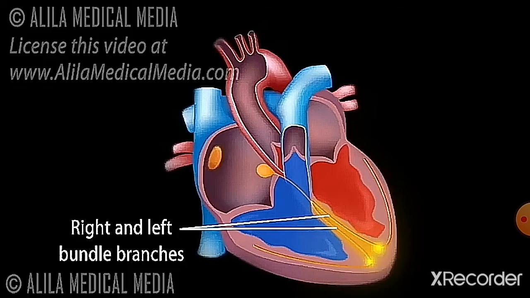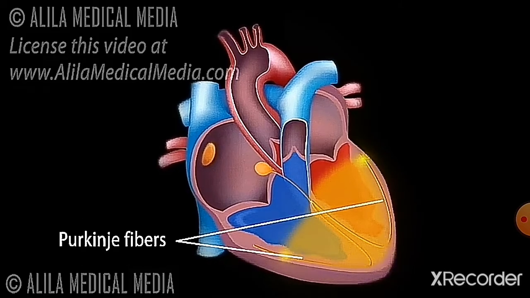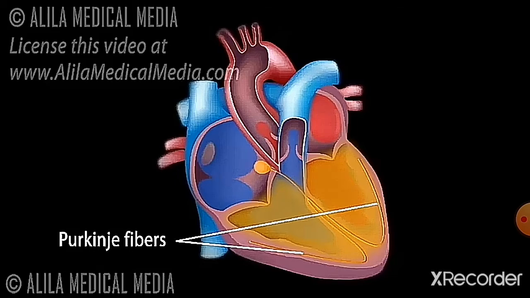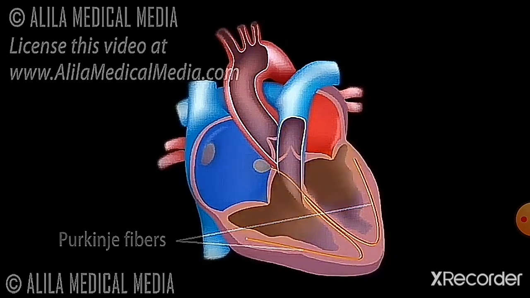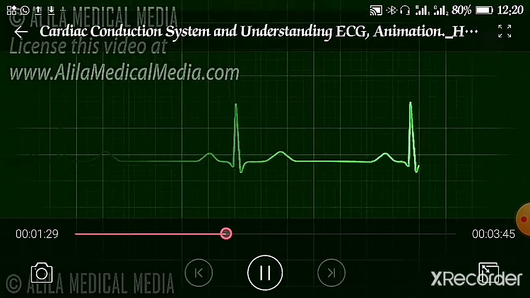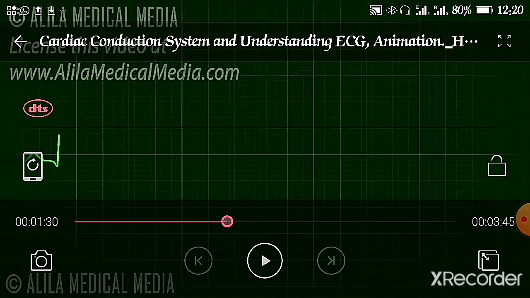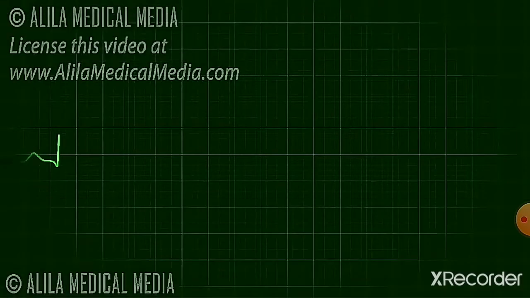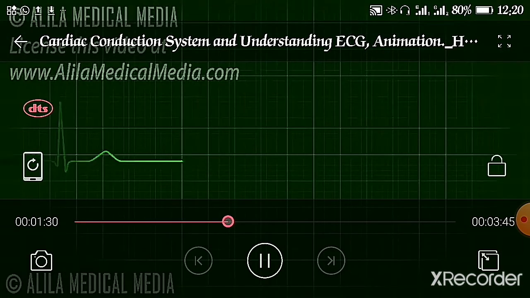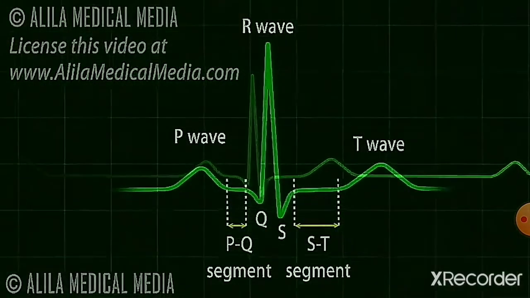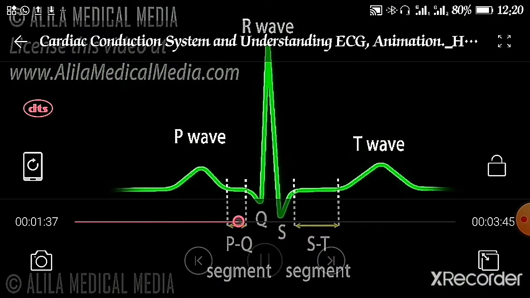So from this AV bundle they will reach the Purkinje's fibers. Here you can see Purkinje's fibers, and they will cover the whole ventricles. And in this fashion, the conduction of impulses from the SA node toward the Purkinje's fibers means the whole atria and ventricles are covered with these impulses. Now we will see it on the platform of ECG, because if you know ECG better, now here is the ECG.